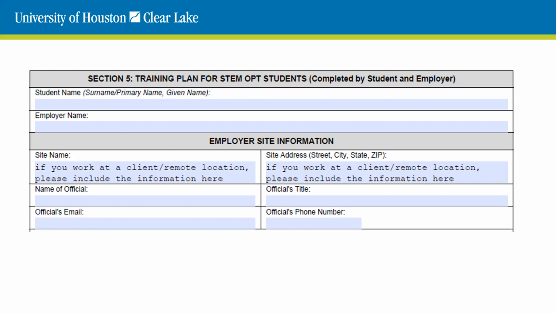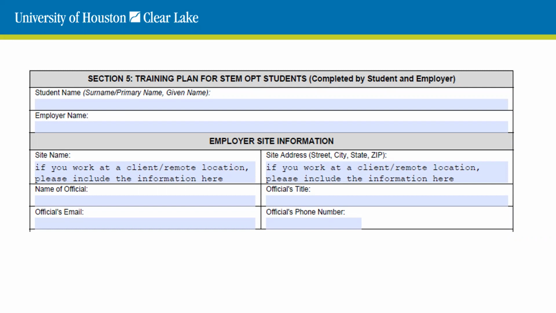Name of official refers to the person who is overseeing your training and is familiar with and will monitor your goals and performance. This may or may not be the same person as in the previous section. Your DSO is also looking to see that the physical living address that you typed into the STEM OPT application on the IST portal is nearby the address listed in Section 5 of your Form I-983. Example, if you say you live in Arkansas, but you listed where your work location is New Jersey, we're going to ask you to clarify the issue, which will lead to the I-20 being delayed.